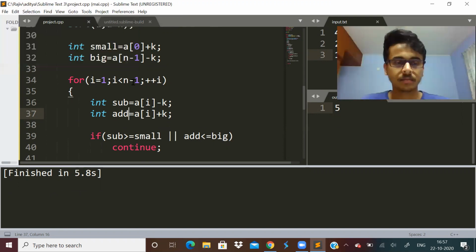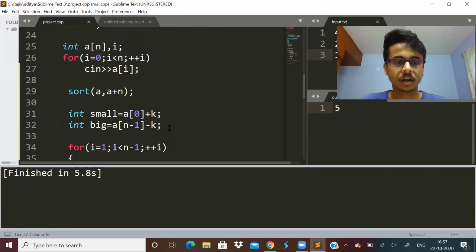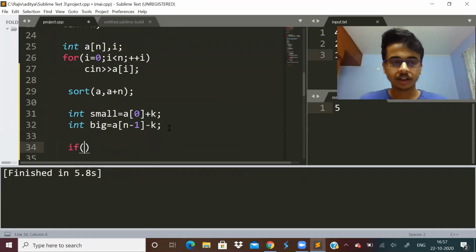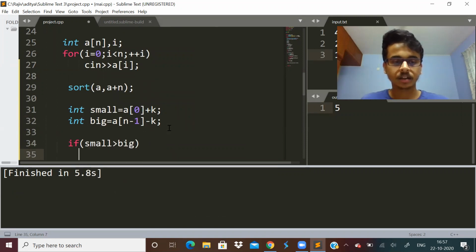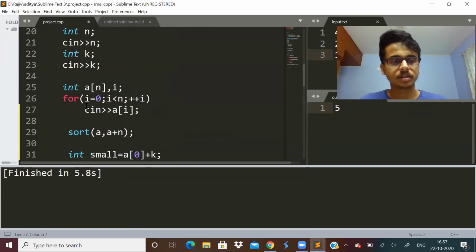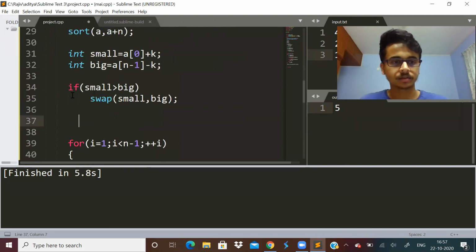So if I have to submit this, over here, one more thing: if small is greater than big, let us just swap small with big. We are assuming small is smaller than big. Not beginning, sorry, big.